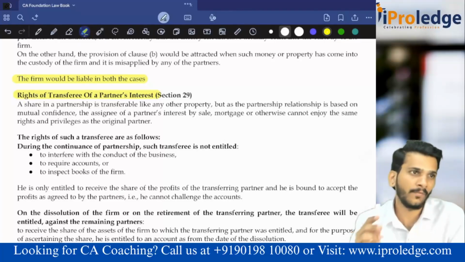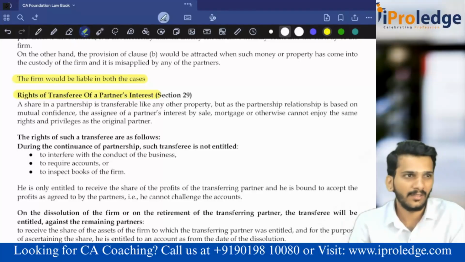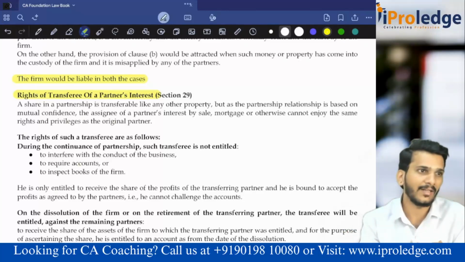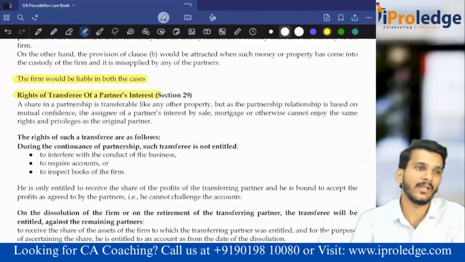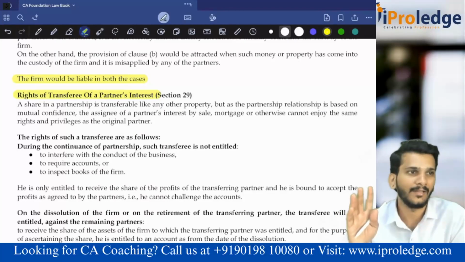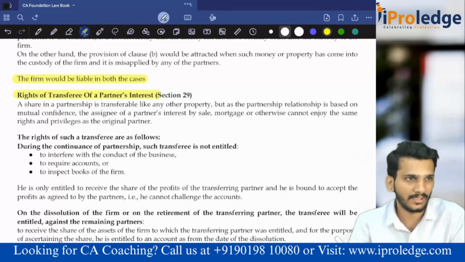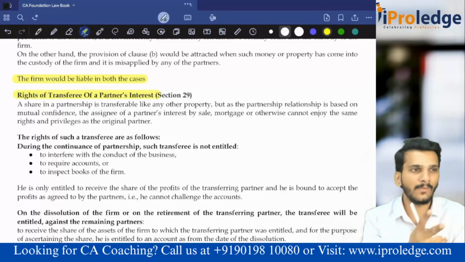The actual profit is 10 lakh, but they showed it as 8 lakh. So 2 lakh rupees there? No, he cannot question why that difference is there. He can question if he is having 20% out of that 8 lakh, 8 into 2, 20% means 1 lakh 60,000. If he does not receive 1,60,000, then he can go and file a complaint that I have not received my share. But if there is any mismatch in the showing of accounts, matching of accounts, then he cannot question that.